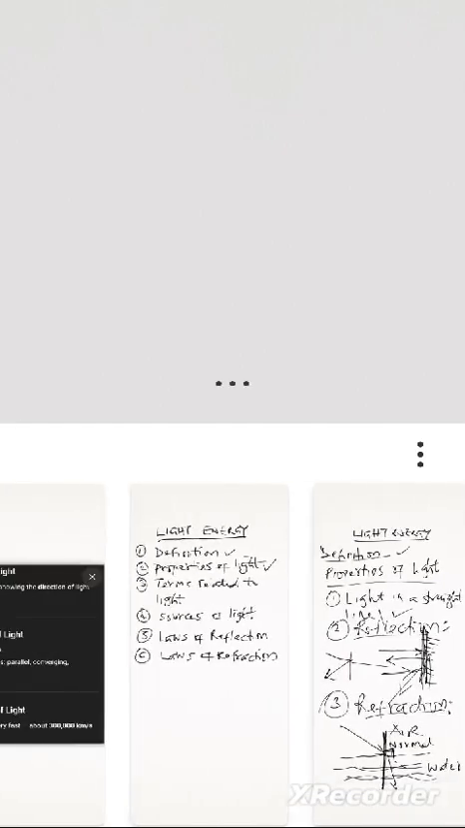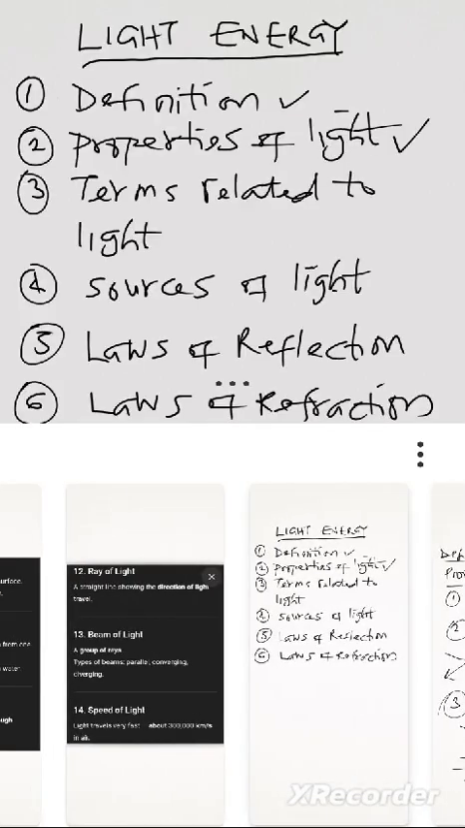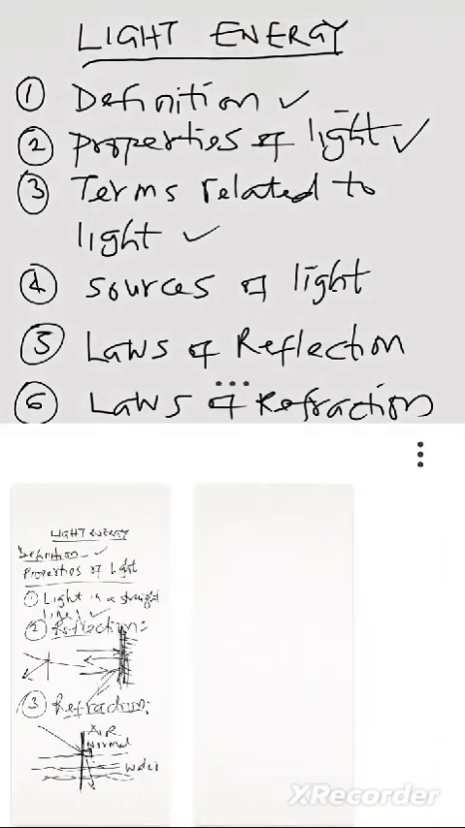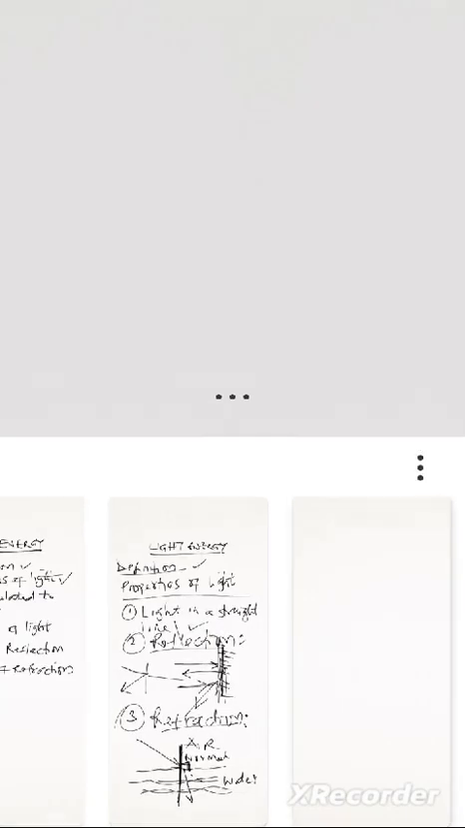Let's check our table of contents again. We've talked about definition, we've talked about properties of light. Now let's talk about terms related to light, which is number 3. When we are talking about terms related to light, don't think about it too much. It's not as deep as you are thinking about it. Terms related to light simply means what are those jargons, what are those things that we can use in describing